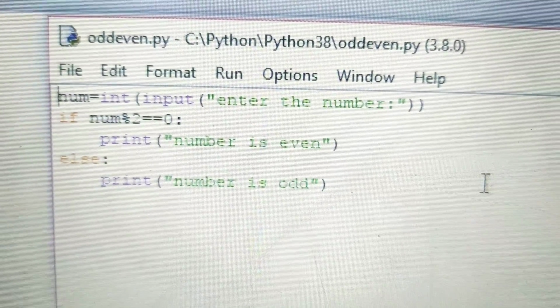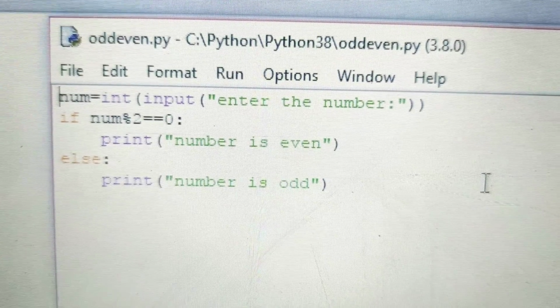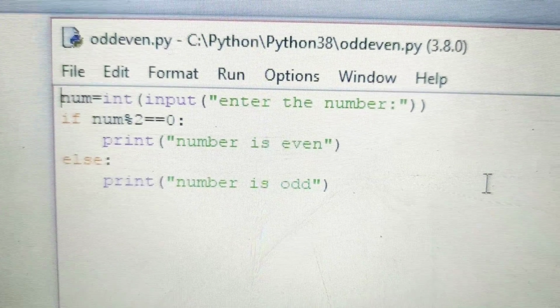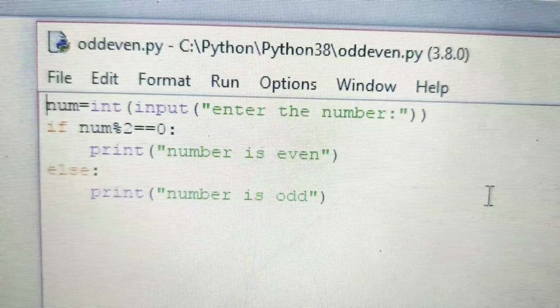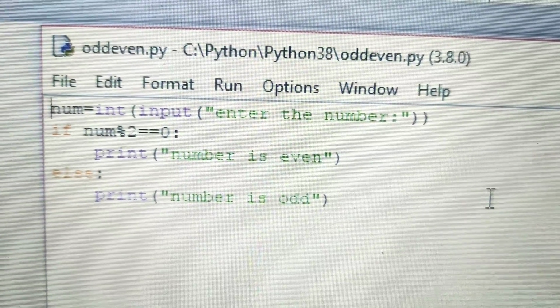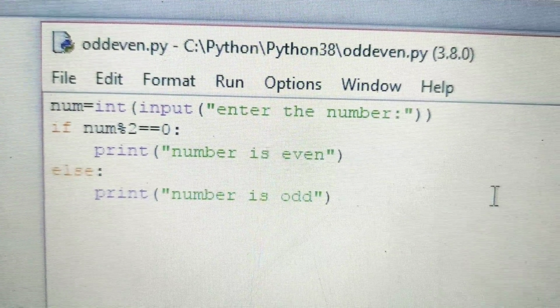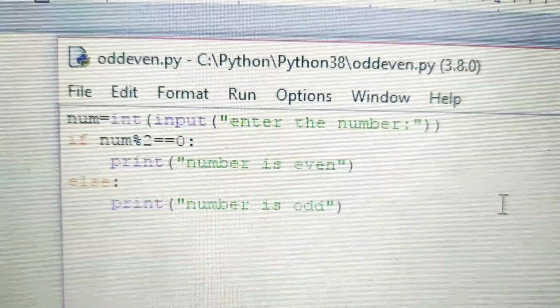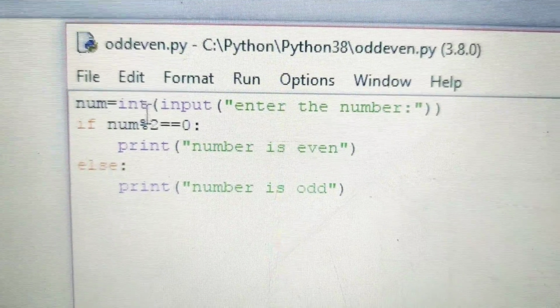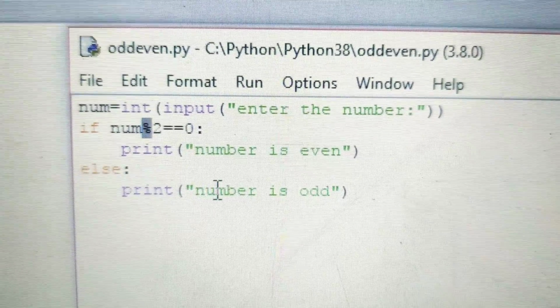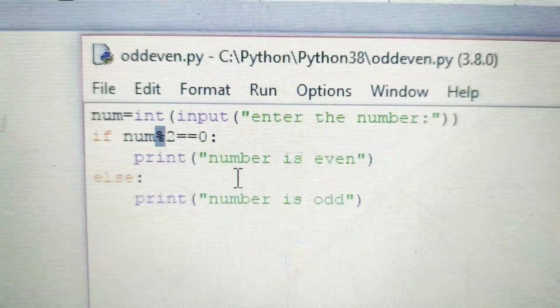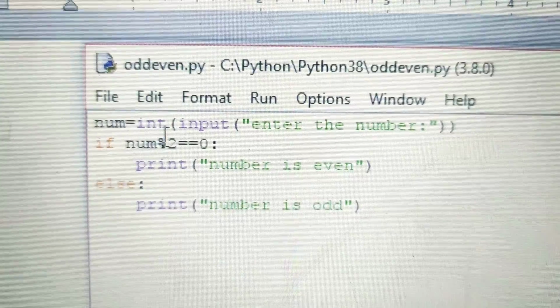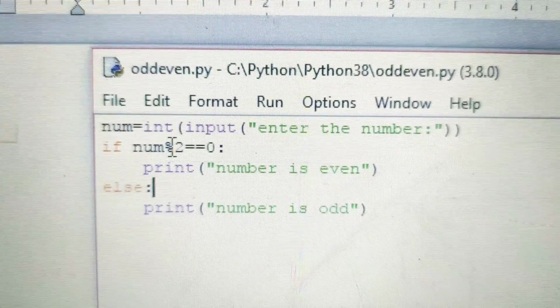If the remainder is 0 when we divide the number by 2, then it is an even number. Otherwise, it is an odd number. That is why we have to use which operator? The modulus operator. So, what is the modulus operator? It is an arithmetic operator, the mathematical operator which is used to give you the remainder.